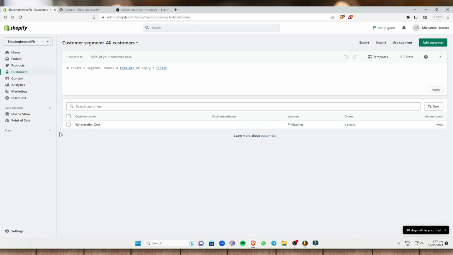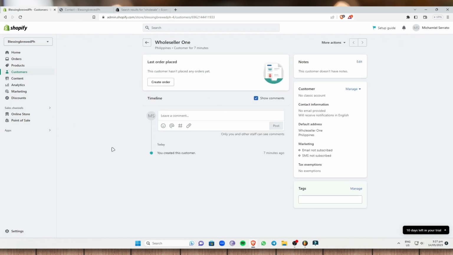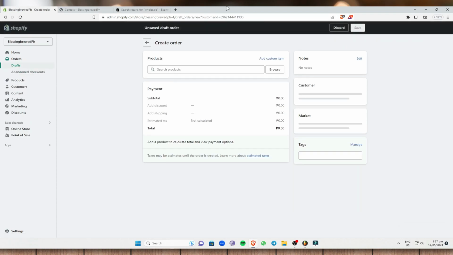So it will lead it to here. A customer will show right here if someone applies. So just click on the wholesaler right here, and of course let's add the order that he or she wants. So let's say he or she wants some wholesaling about shoes. So I'm just gonna create order right here,